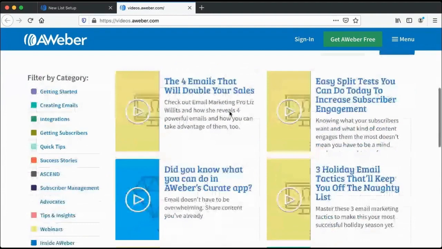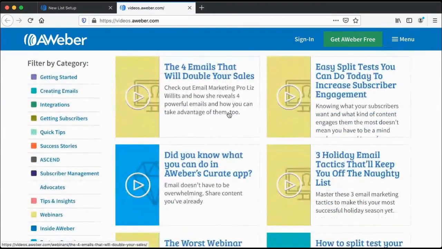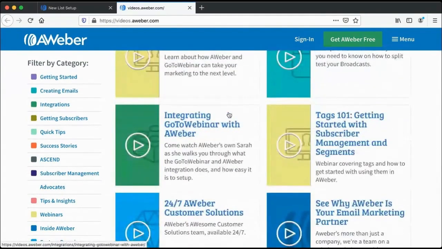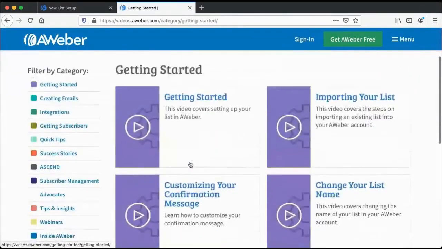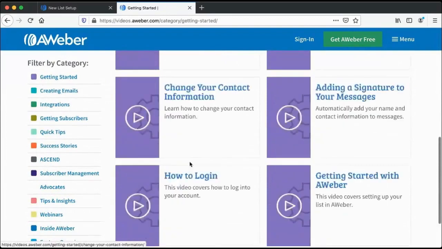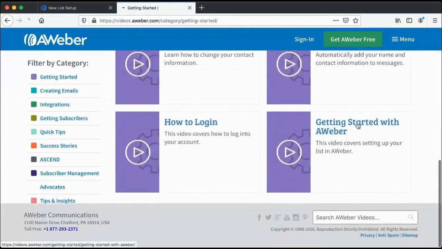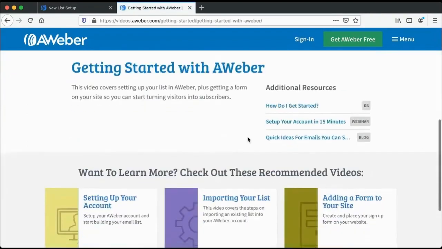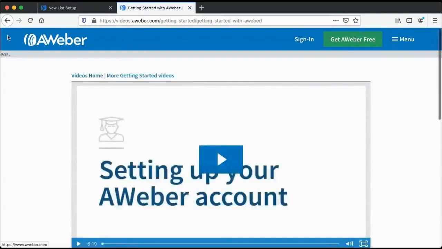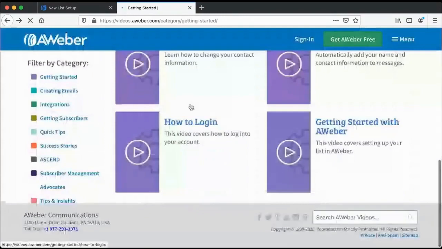So which means that if you were to use Aweber, guess what? They will expect that you would be a newbie. So they want to make sure that you learn from the very beginning how to use it. So you just click on getting started and watch getting started, how to set it up. See that? Everything is all here. Getting started with Aweber. Okay? See how easy it is? So everything is meant for newbies anyway.